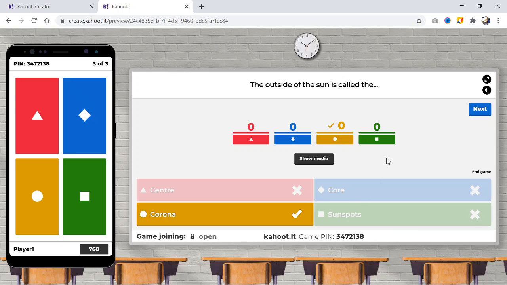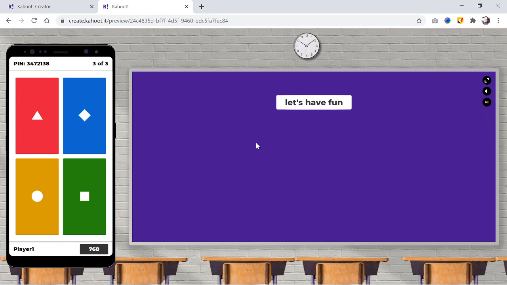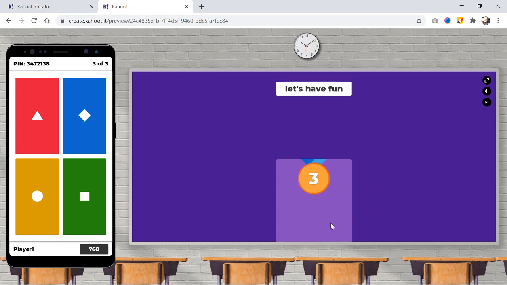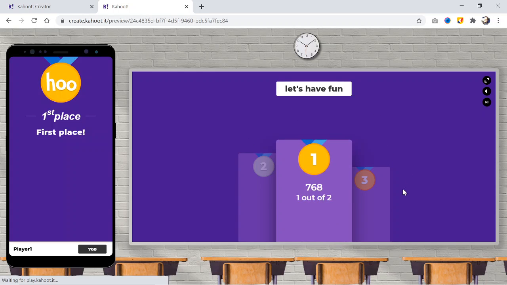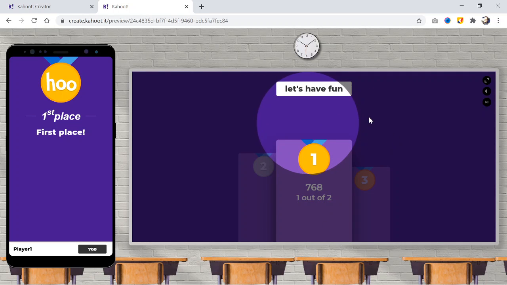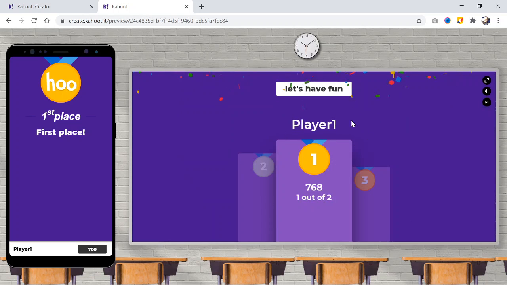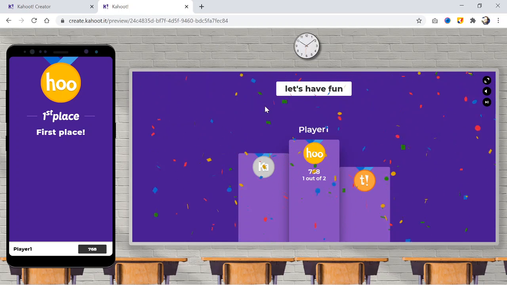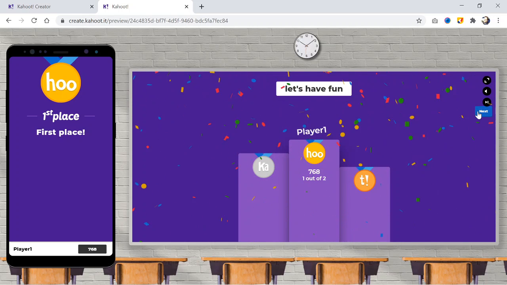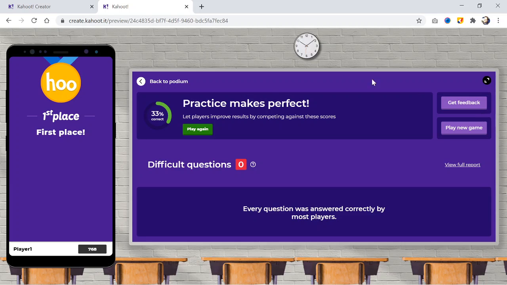With the review animation option, let your participants enjoy and celebrate their performance by replaying the podium animation again and again. Go for next to reveal the result statistics.